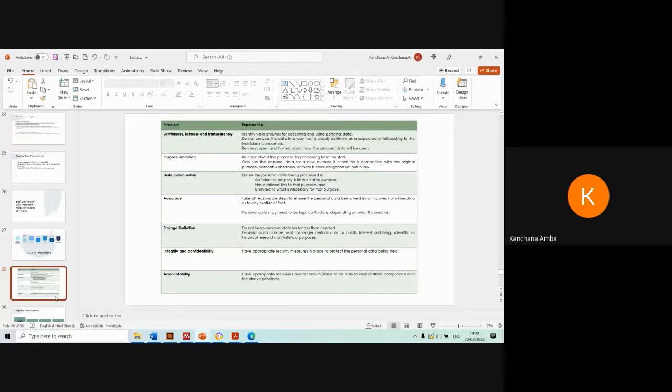to properly fulfill the stated purpose, has a rational link to that purpose, right? And is limited to what is necessary for that purpose, right? So you can't just have all sorts of data on the customer. It has to be related to the purpose, and it has to have a rational link, right? So you can't have data about what the customer, like for a loan,